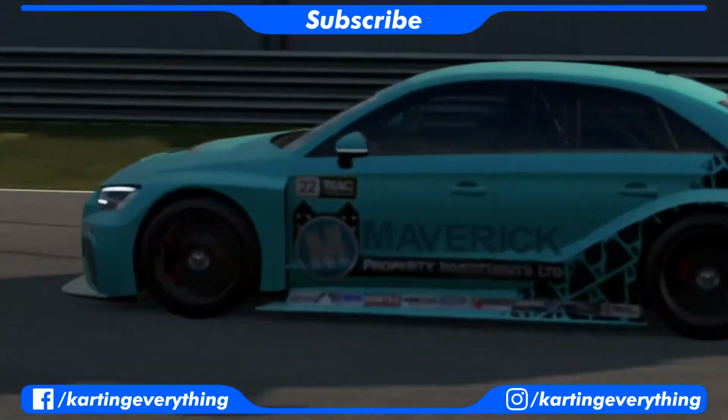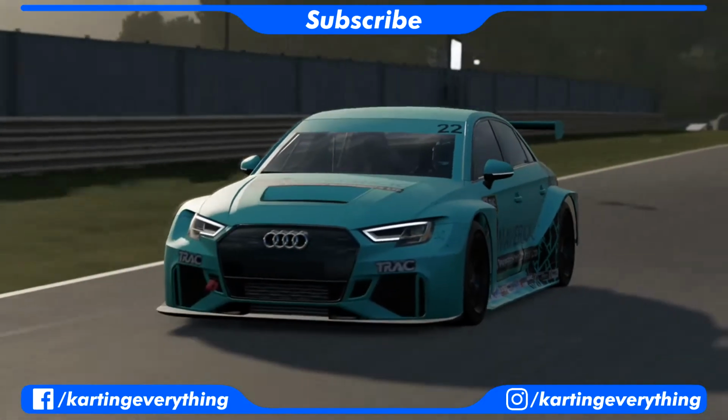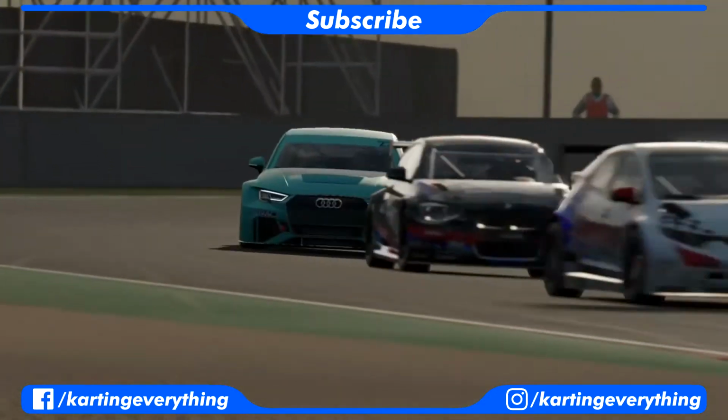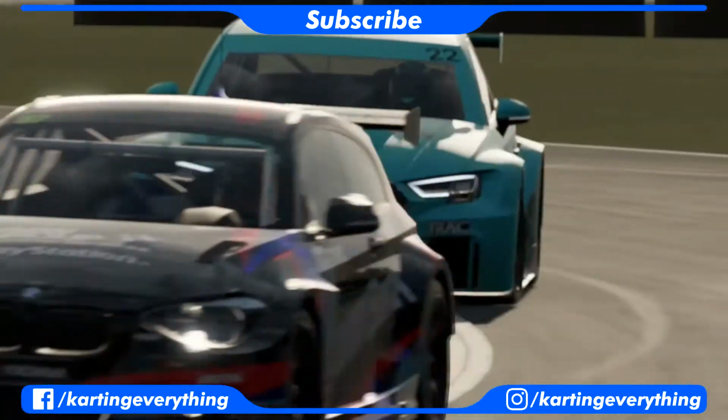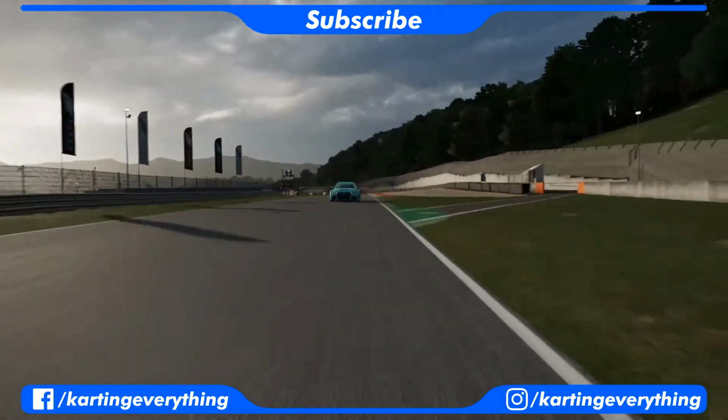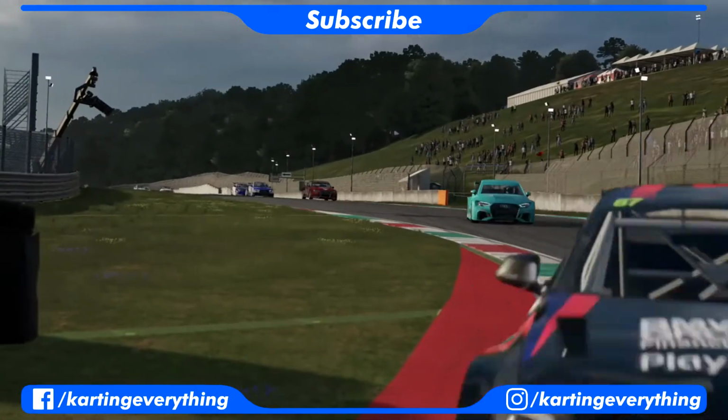A little bit of contact there, but it looks like the Beamer just about got away with it, heading down into the second chicane. The BMW just got away with it, but look how close the Beamer and the Audi are in front. On board with Nathel, looking at the back of Rattlesnake. Rattlesnake's dropped off the order there, so maybe a little bit of a mistake, as he's now going to be